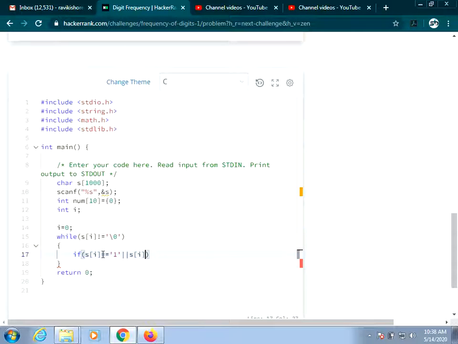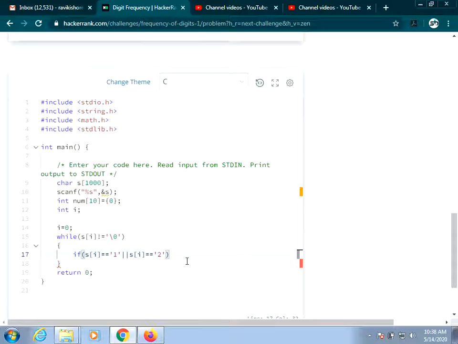S of i equal to 2 or not, like this you can check all the numbers. That is, you are dealing with characters, so you have to check individual characters. S of i equal to 1 means whether your character is 1 or not. Like this you can check all the 9 characters.